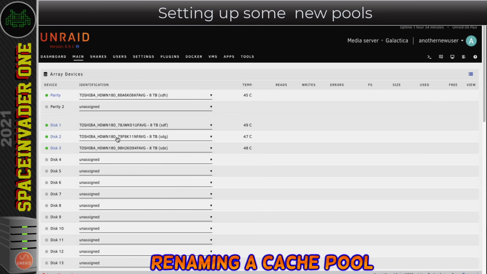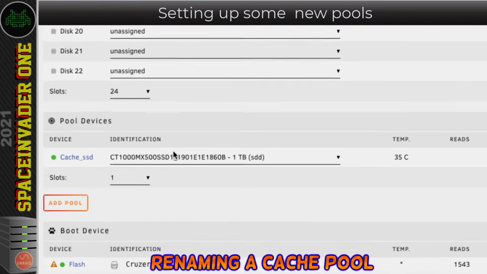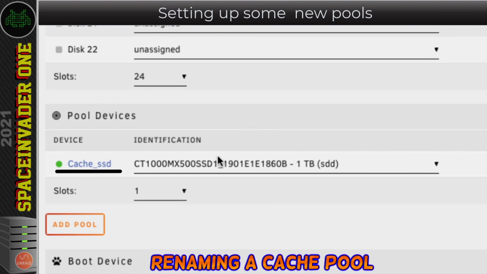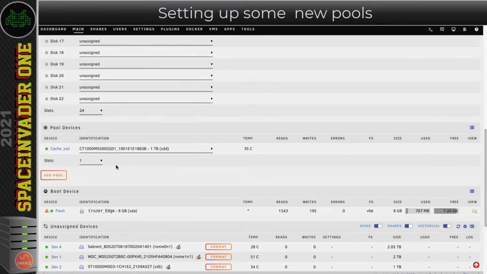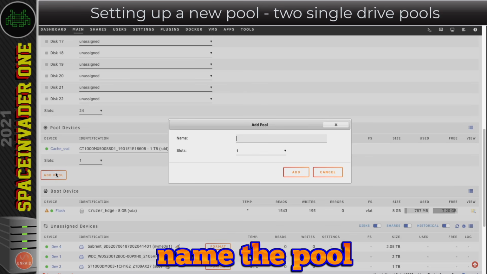Okay, so back on the main tab, if we scroll back down, we can see the name of the cache pool. Its name has changed correctly, but it's being displayed in the GUI with a capital C. So let's add another cache pool now. So I'm going to click onto add pool here. And this pool I'm going to call